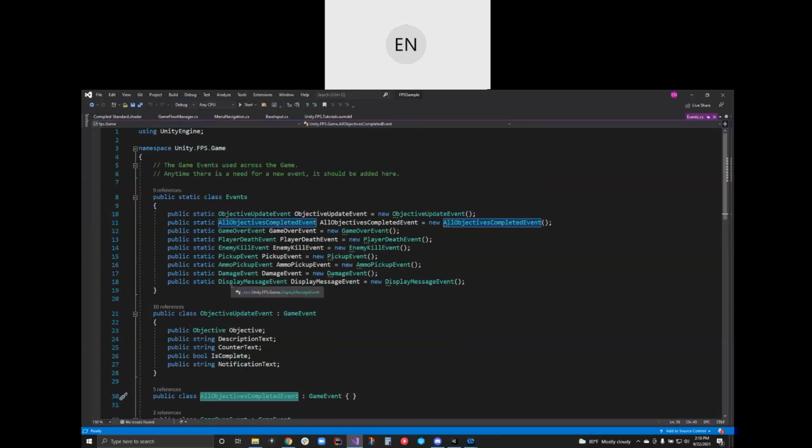Looks like it's static as well. And it has a bunch of events in it. Stuff like objectives are updated, all objectives are completed, the game is over, the player dies, the enemy's been killed, a pickup, something was picked up, some type of ammo was picked up, some type of damage happened, and some type of display needs to happen.